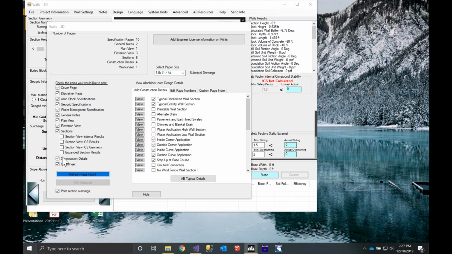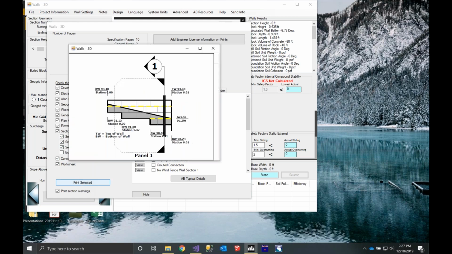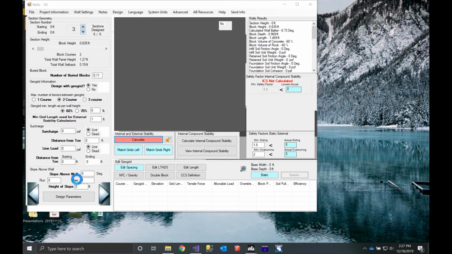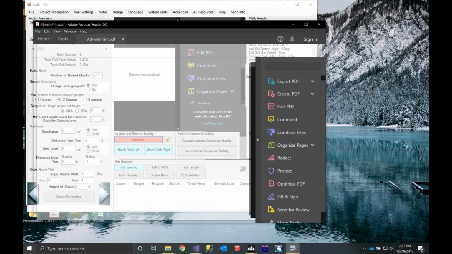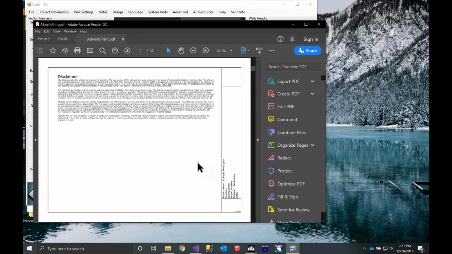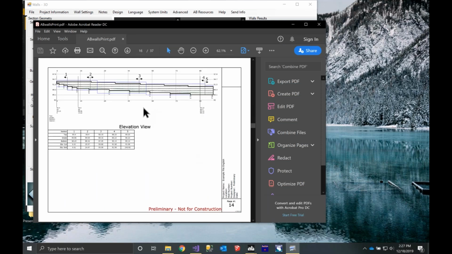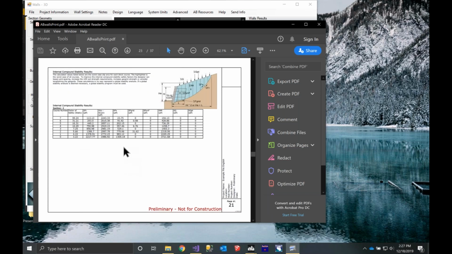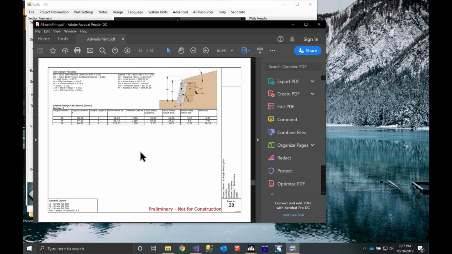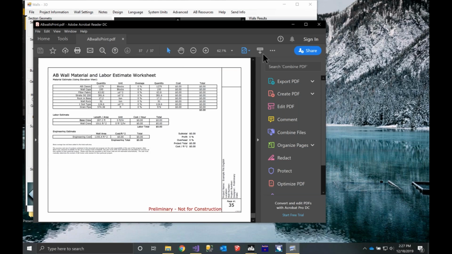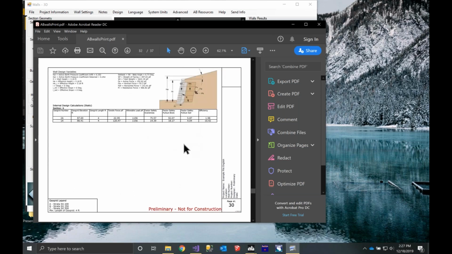You can see if we have everything we want selected. We go ahead and click refresh page count. Go ahead and click print selected. Our file loads, and you can see we've got our full wall output with our plan view, our panel views, our cross sections, and all of our internal and external calculations. And then, of course, we've got that estimate at the end as well. But one thing you'll notice about all these pages is they've got a preliminary not for construction stamp at the